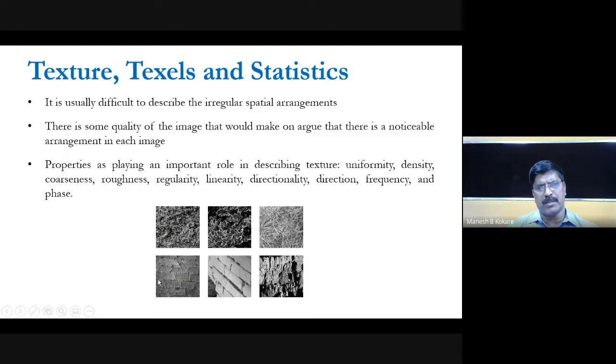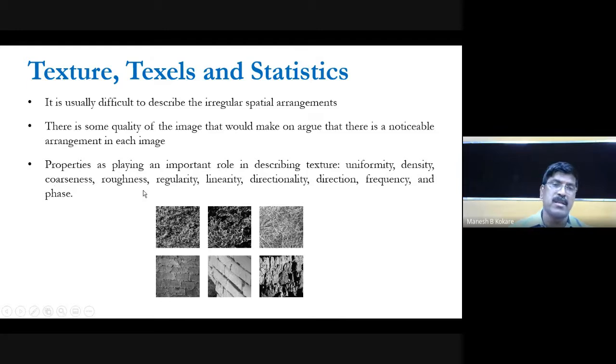Noticeable arrangement is there in each image, and properties play an important role in describing texture. For example, properties may be uniformity, density, coarseness, roughness, regularity, linearity, directionality, direction, frequency and phase. So from these textural images we can estimate the statistical or structural properties like uniformity, density, coarseness